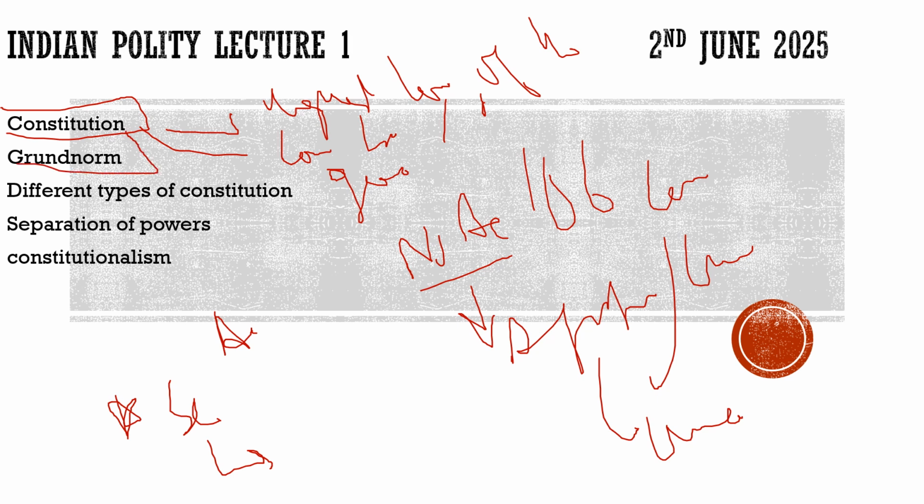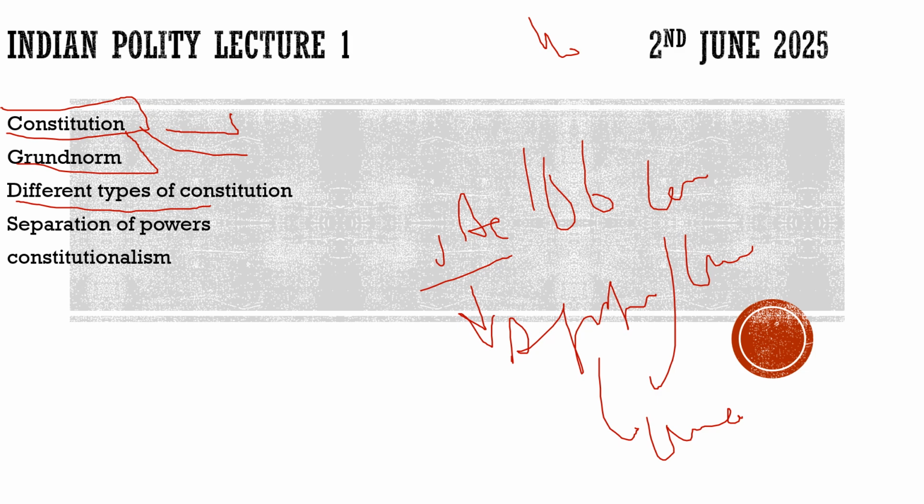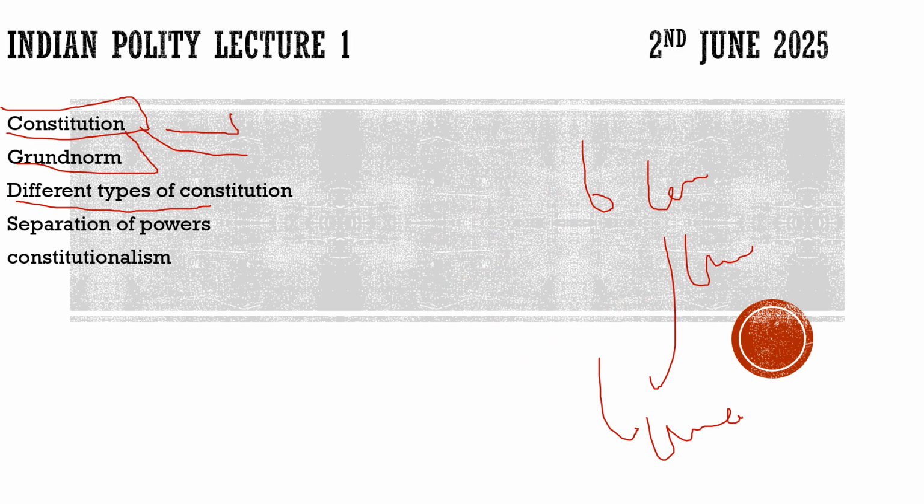Now the third term, different types of the Constitution. Now we are getting in line, we are understanding, we are moving forward. Till now I hope you have understood what a constitution is. As we move forward, there are different types of constitutions. These types are based on the requirements of the societies or countries. What the society in the country requires, they form that type of constitution.